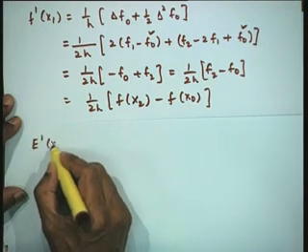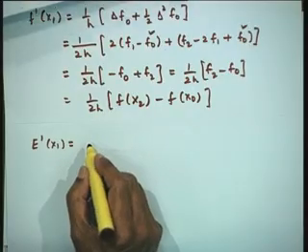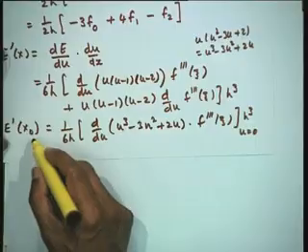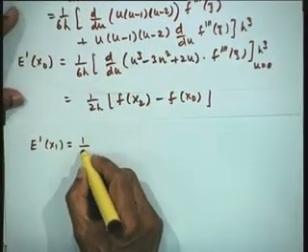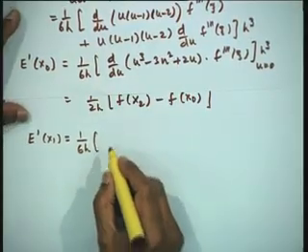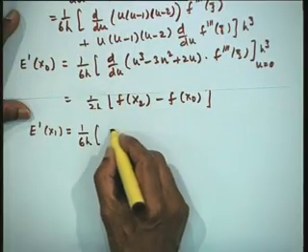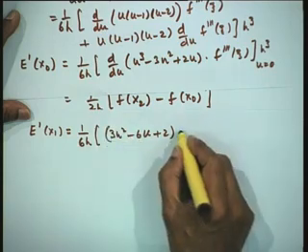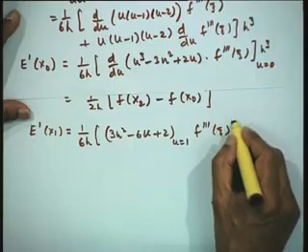Now, let us see how the behavior of the error would be at this particular point. For writing the error expression, I just need to substitute u is equal to 1, because we have got the same expression at u is equal to 1. Therefore, this will be 1 upon 6 h into the derivative of this, which is 3 u squared minus 6 u plus 2, evaluated at u is equal to 1, f triple dash of xi into h cubed.